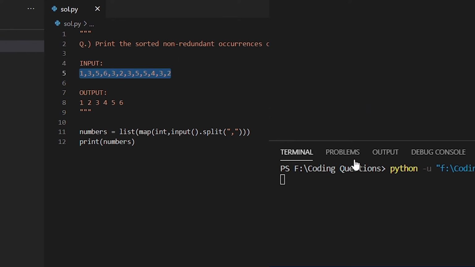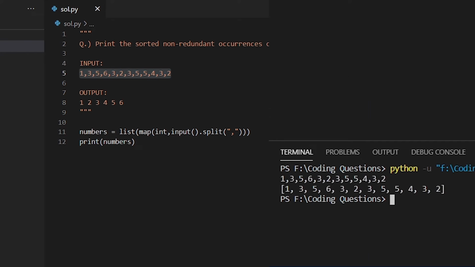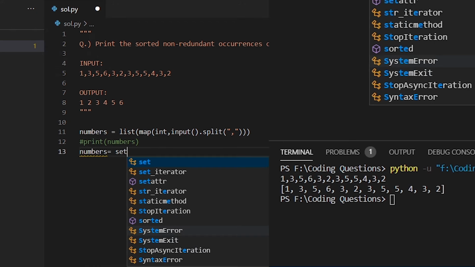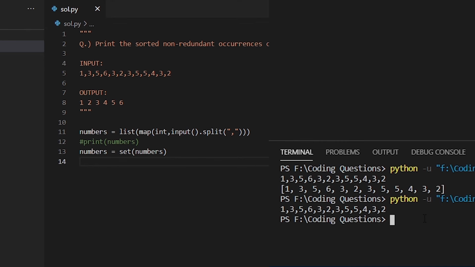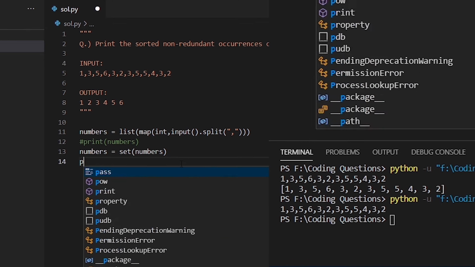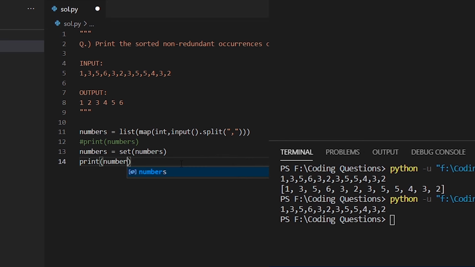So this is the set of input which we are getting, and this is the list which we have created. So our program is running fine up till here. So let's comment it out. And now what I want to do is create a set from this particular list. So now I have created a set of numbers here, and let's try to see what it will do. So again we have the same set of input, and oh sorry, I did not print it. So let's write print numbers,